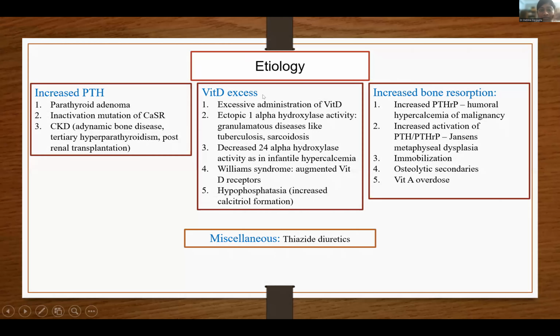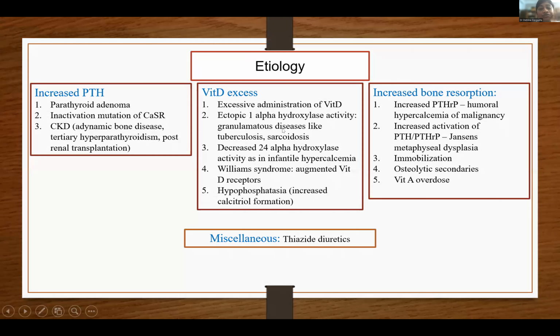Another culprit that can be responsible for hypercalcemia is vitamin D excess. That can be due to excessive administration of vitamin D. That can be due to increased conversion of 25-hydroxyvitamin D to 1,25-dihydroxyvitamin D. That actually happens in various granulomatous diseases like tuberculosis and sarcoidosis. So this is why